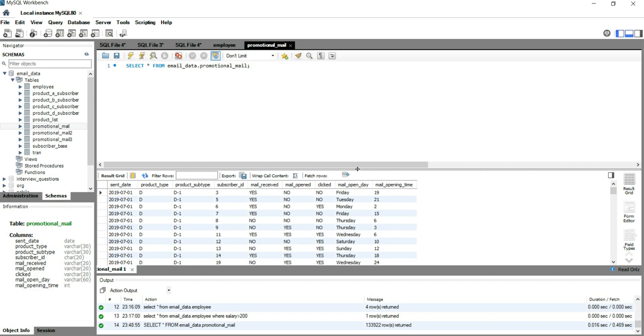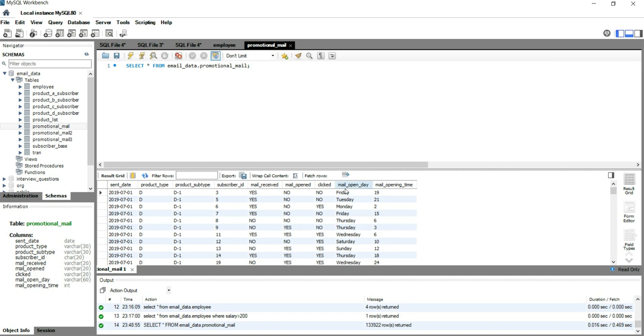Once they receive the email, whether they open it on a frequent basis or not, and if they have opened the email, whether they have clicked on any link from that email or not.